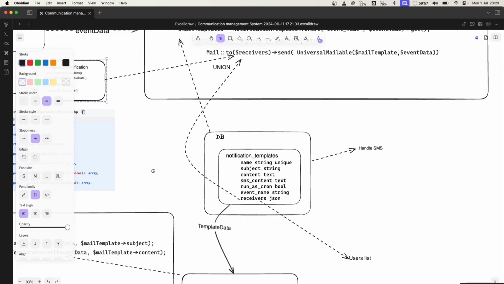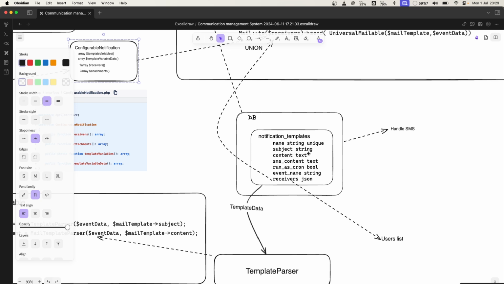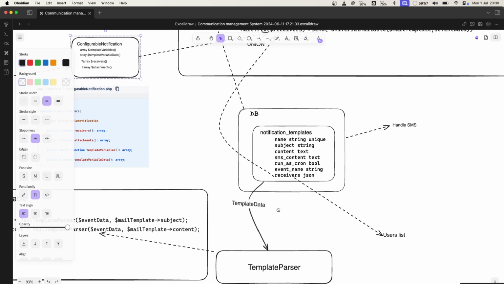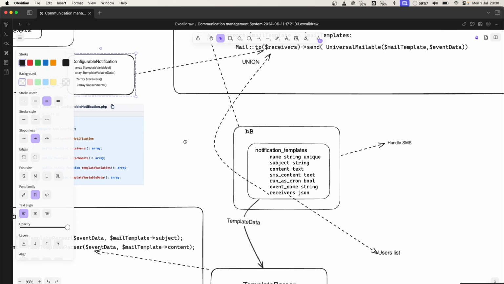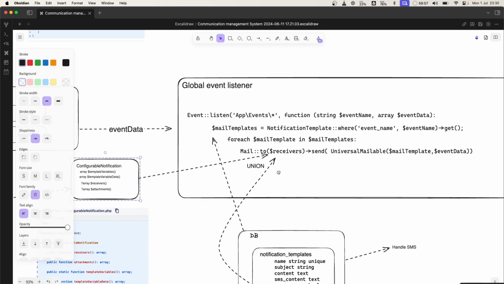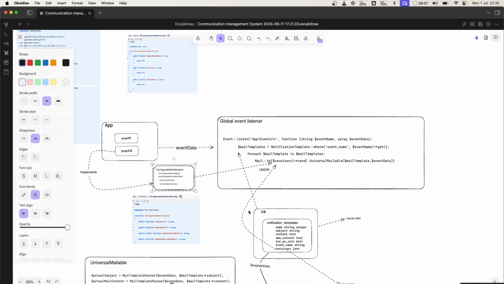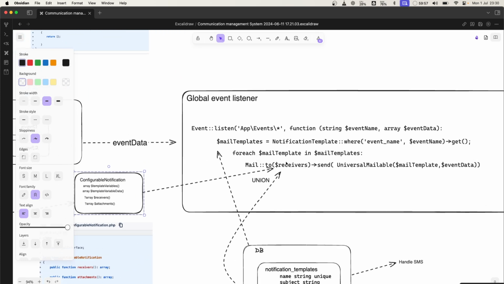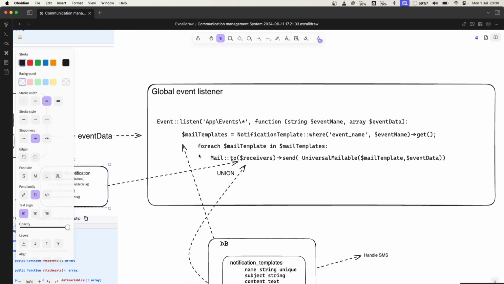All right, so with that said, the admin has now defined the template for the mail and it's time to parse that email. Before that, first let's go into this global event listener. After everything is defined, whenever the blog published event is fired, we are listening for this event. You can put this code in the boot method of any app service provider, or you can create one. I think there is already an event service provider. You can put this into the boot method,